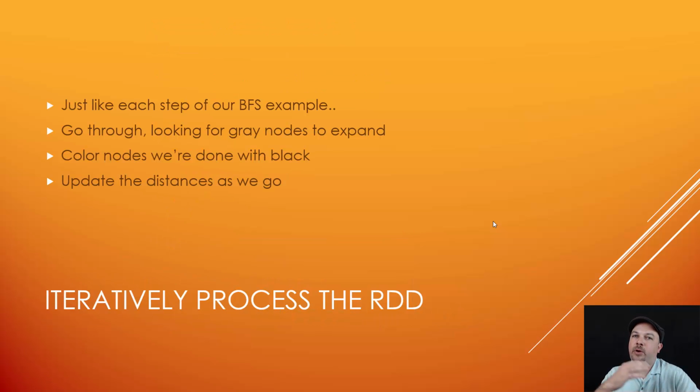Then I need to iteratively process the RDD just like we did in those slides before, where we go through one step at a time, branching out on all the gray nodes, coloring those nodes black, and then updating the distance on those gray nodes accordingly. So we just go through looking for gray nodes to expand. When we're done, we color that black, and we keep updating the distance as we expand our way out through